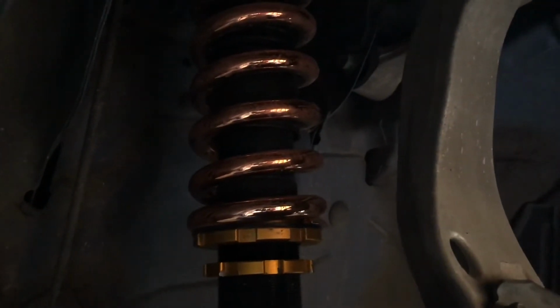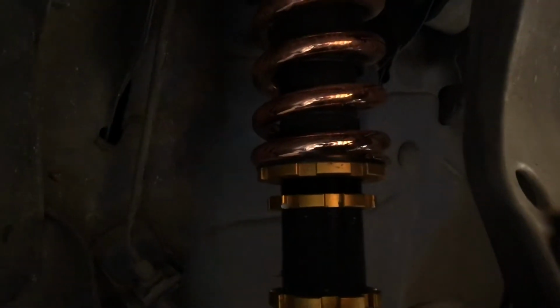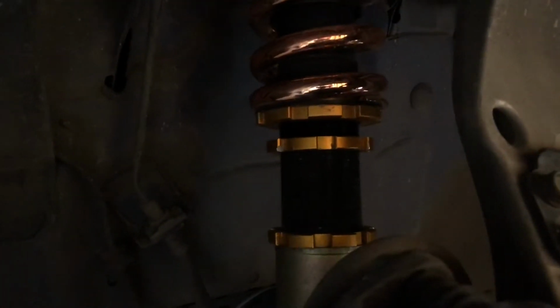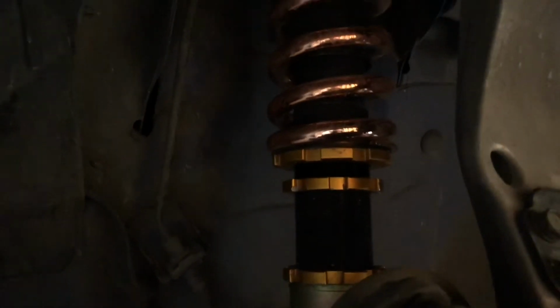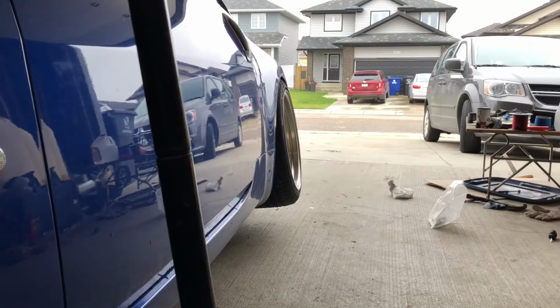So this is just a little tip if you're trying to get a really slammed look, but your coilovers are maxed out. That's what you can do. And even Avery with his Mazda did the same thing. It's super easy. You can lower it nicely, get a nice stance. I don't need to do it for the rear because my rears aren't even maxed out. Well, it's in the air, so there's a space right there, but I can go a lot lower in the